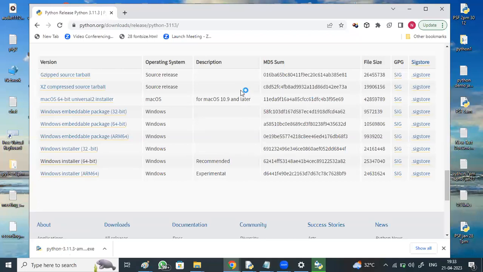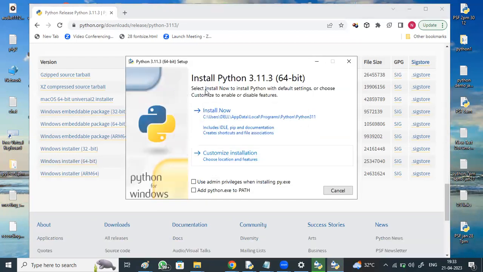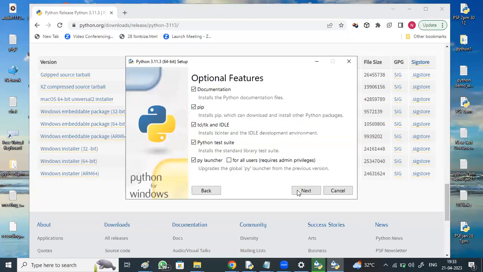Install this Python 3.11.3, right? First, before you go with installation, add Python to path and go for customized installation. Say next.